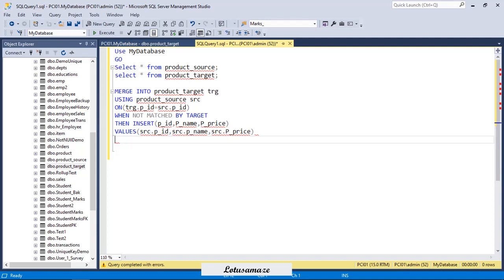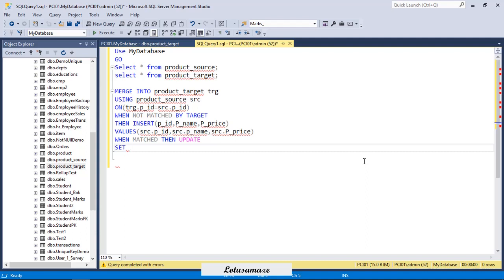Now we check the update. So the second definition, when matched, then update and set. So you have to define the list of the columns, which columns you want to update from source to target.